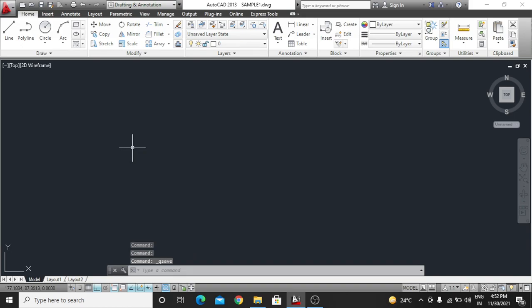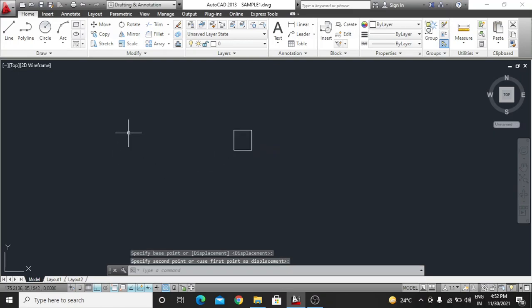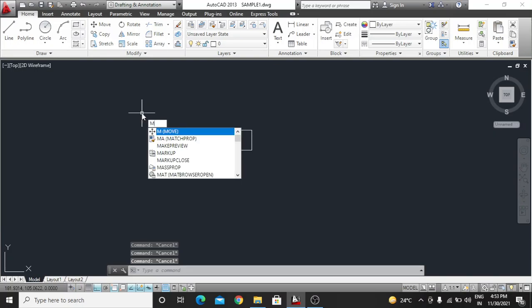So next command is a very useful command, basically a tool, not a command. So that is move, copy, rotate, trim, scale. That is the command. Example, we have a rectangle, right, and we want to move it. So just select it and move. Where to click where. And the short command of the move command is M.